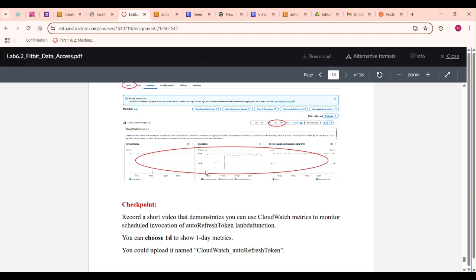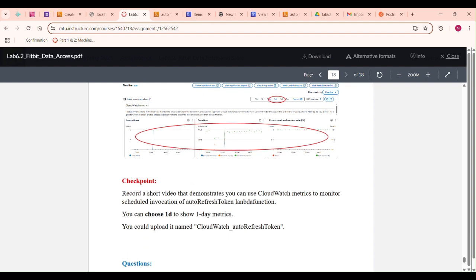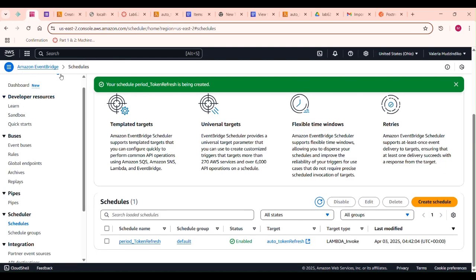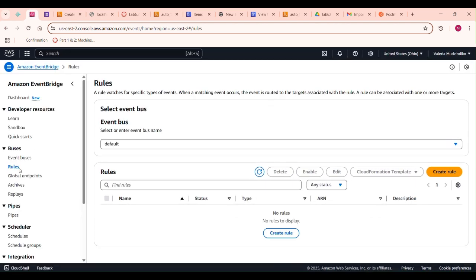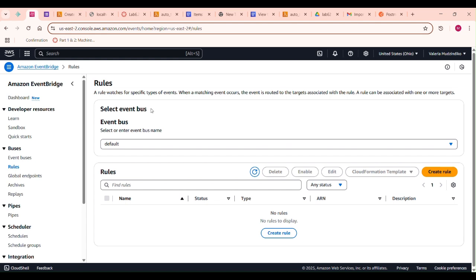On this part, I'm going to record a video to demonstrate how you can use CloudWatch metrics to monitor the scheduled invocation of the auto refresh token Lambda function. First, I'll go to EventBridge, and I already created a rule here. That one is already created,